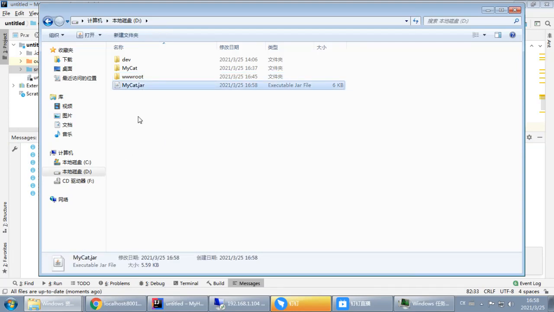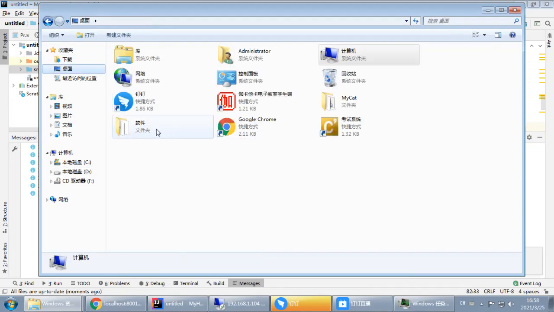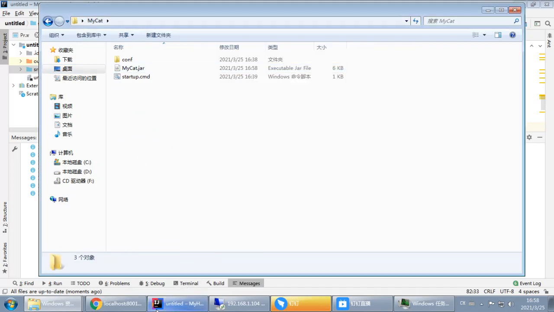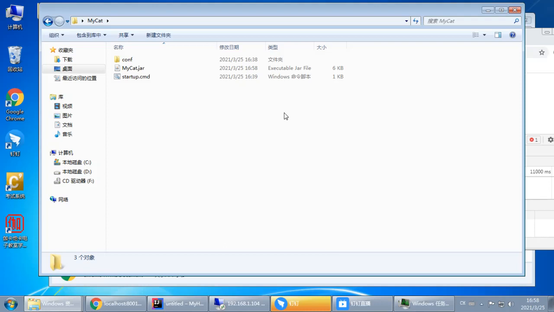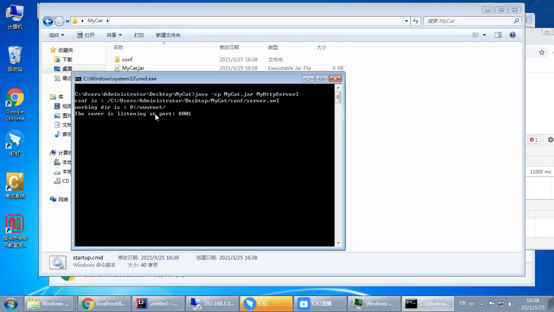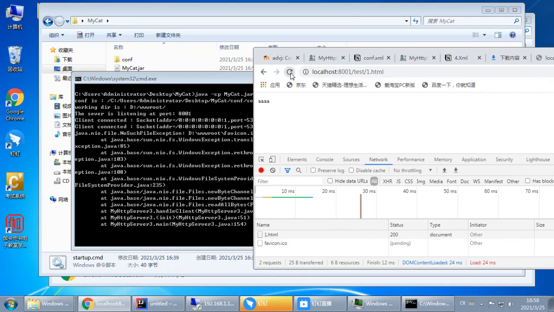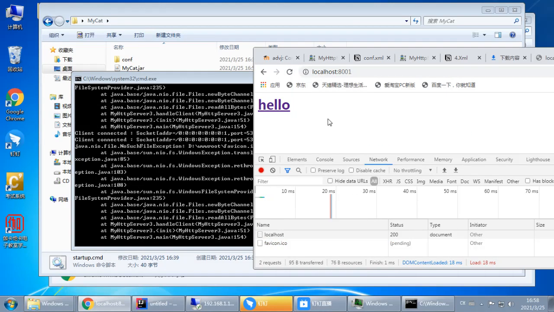We can copy it to here and replace the file, terminate it, double click. Yeah, that's right. Drive the www root, and I will see if we can get the right